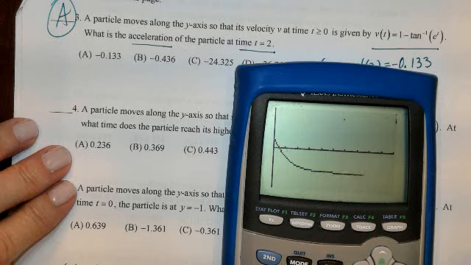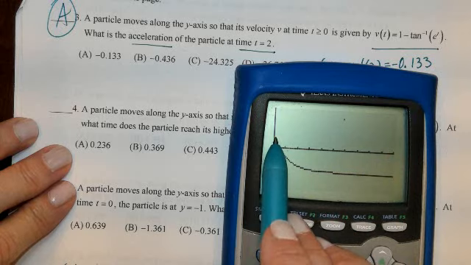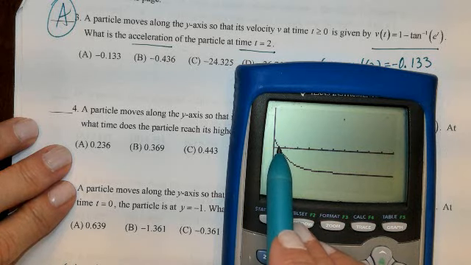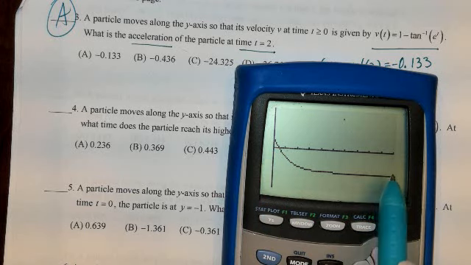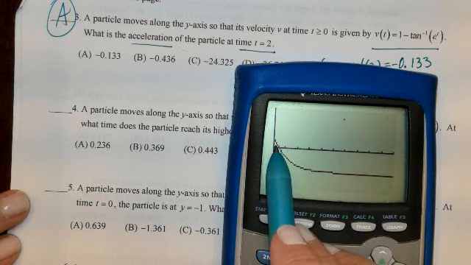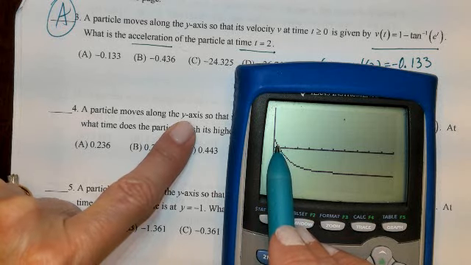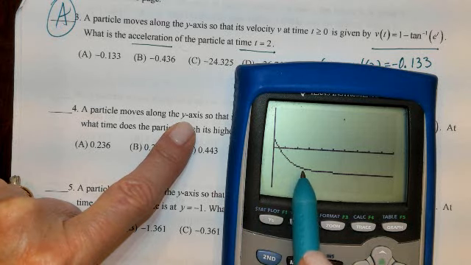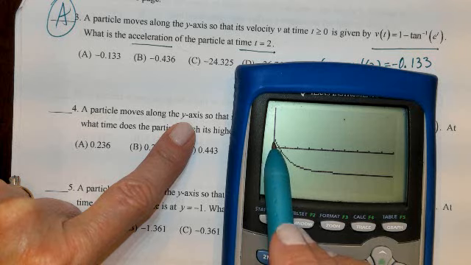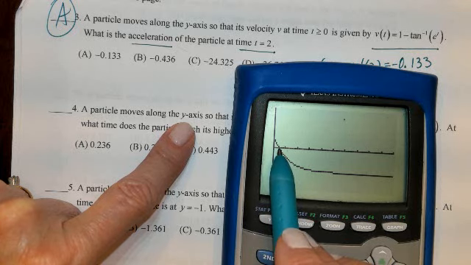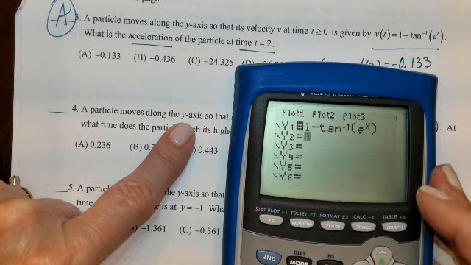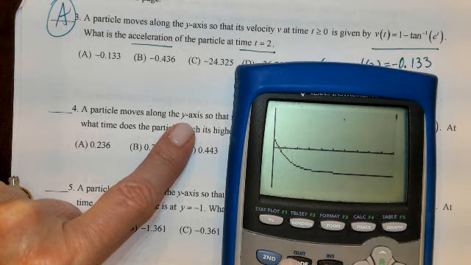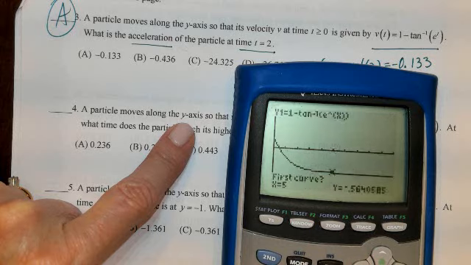Yeah. So this velocity, the velocity starts positive. At this value of t, the velocity becomes negative, and it's always negative after that. When the velocity is positive, the particle is moving up. When the velocity is negative, the particle is moving down. So it must be at its highest point at that time, right? So if I can find that time, let me go put 0 in, make my life easier here. And then I can do second calc 5, enter, enter, enter,